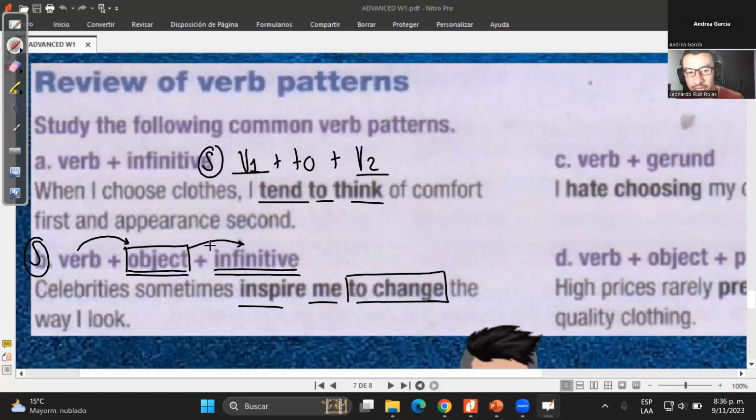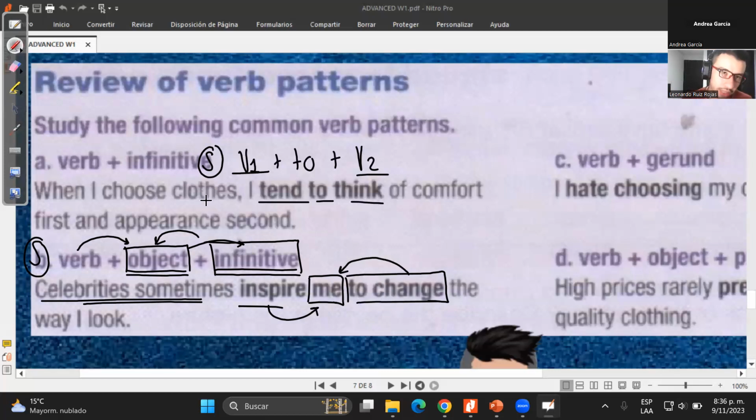But here, the action that is in infinitive is not for the subject, but is going to be for the object. Who wants to change? Me, right? So there is another person who is going to do this action over another subject to do the other action that I finally put over here. Ready? So depending on the action, I have to or I don't have to include the object. How do you feel? We're going to see some examples of this pattern, but it's easy, right?